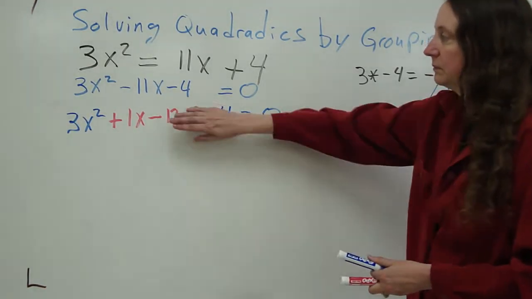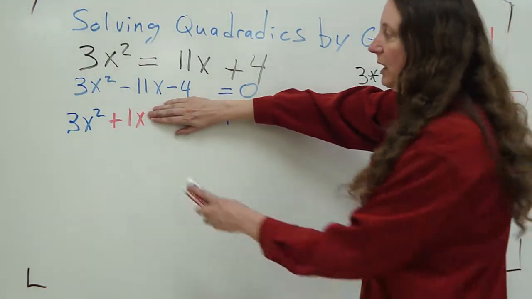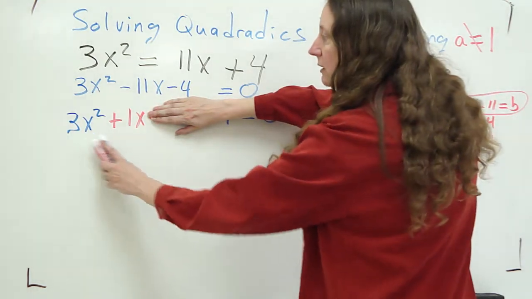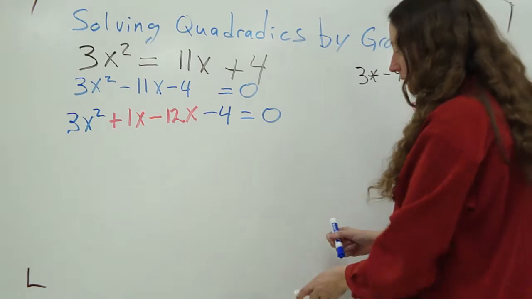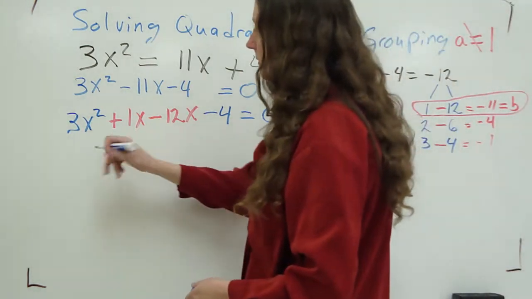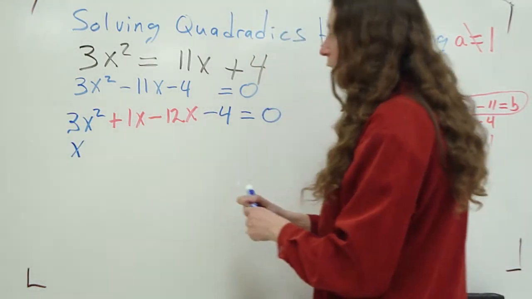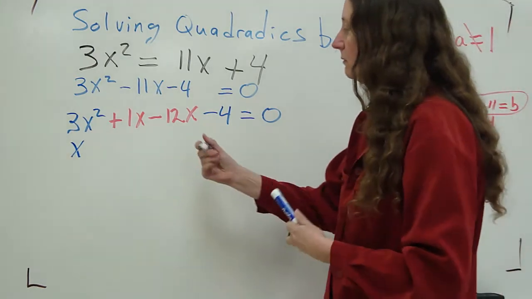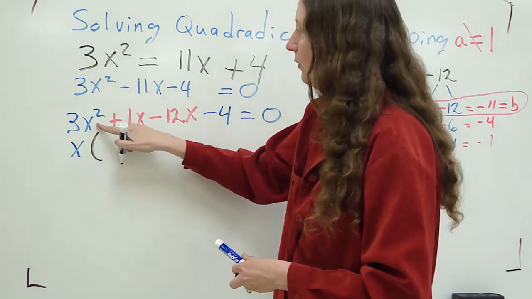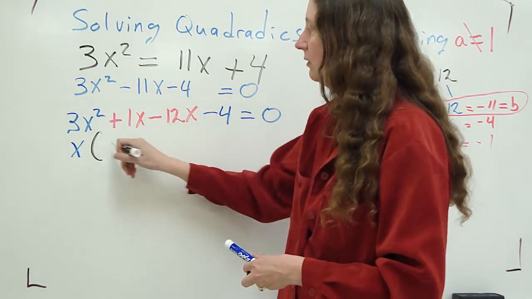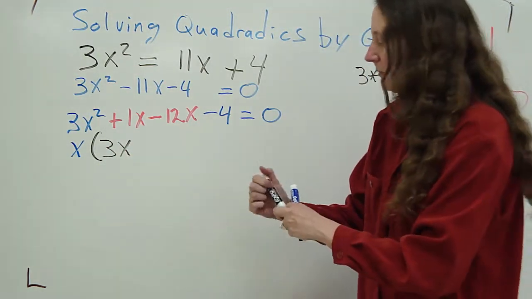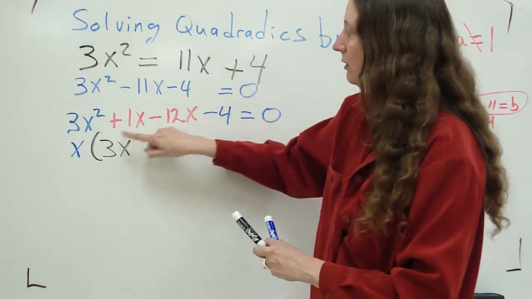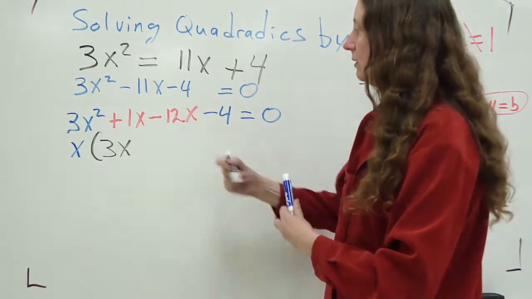Grouping now. Cover up the second half. What can I factor out here? An x. What am I left with? 3x squared divided by x is 3x. 1x divided by x is